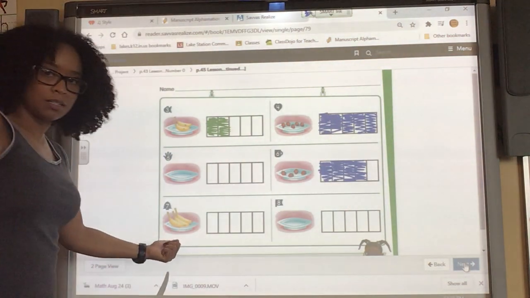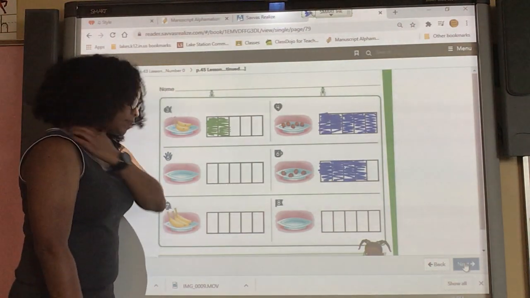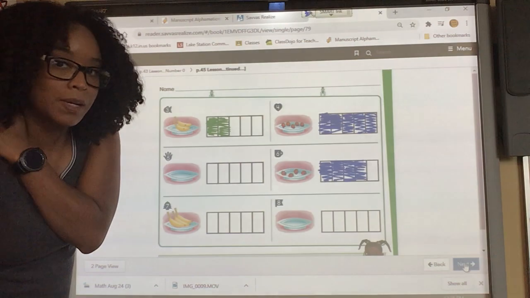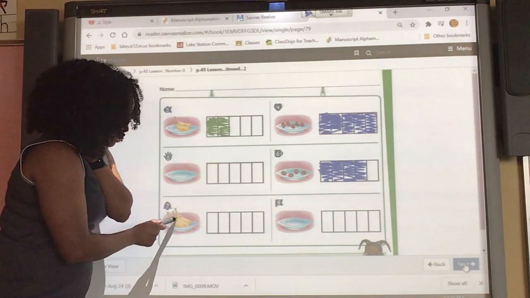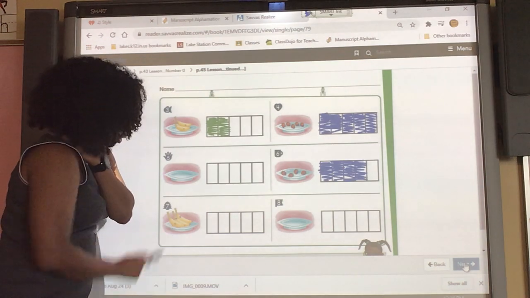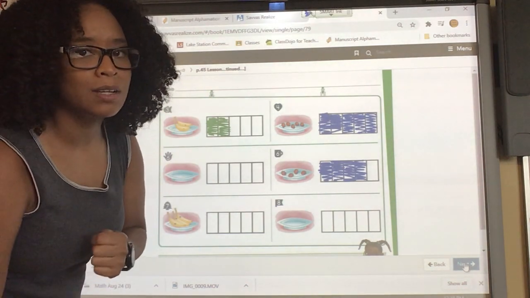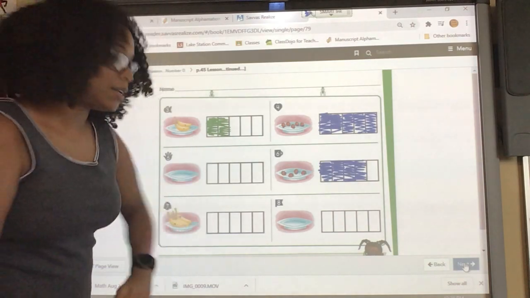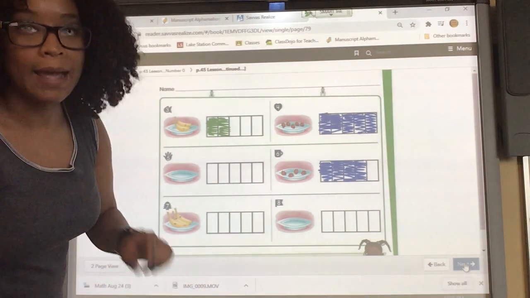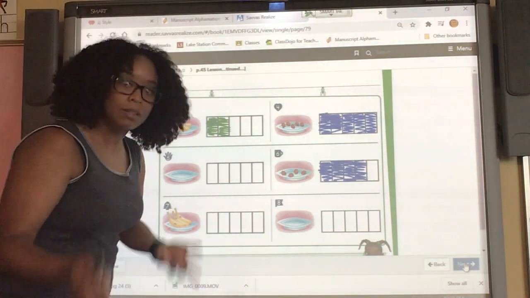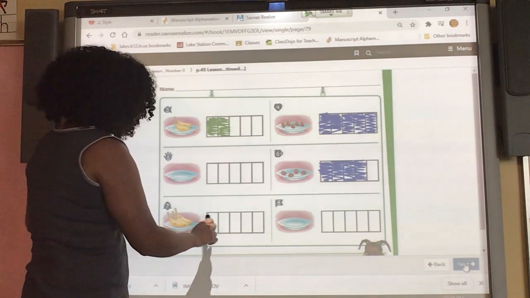All right, now we're down to the bananas. Looks like we do have some bananas on the plate here. So we're gonna count those bananas. You ready? Here we go. 1, 2, 3. 3 bananas. So how many rectangles do I need to color in? 3. I need to color in 3 rectangles. And remember, we're gonna count as we color to make sure that we're coloring the right amount of rectangles. Ready? Here we go. 1,